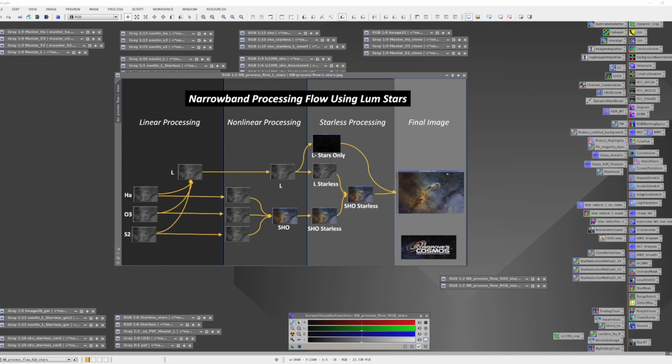In a recent video, I shared my high-level workflow for narrowband images. And in that workflow, I showed that I was sourcing my stars from the luminance image. And this raised a few questions. Why was I using luminance-based stars? I was losing out on color, right? Well, that's true. This particular workflow emphasizes a luminance processing path versus a color processing path, and it emphasizes a